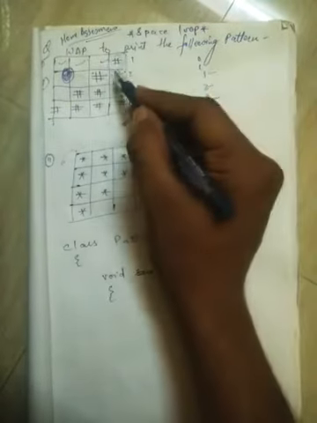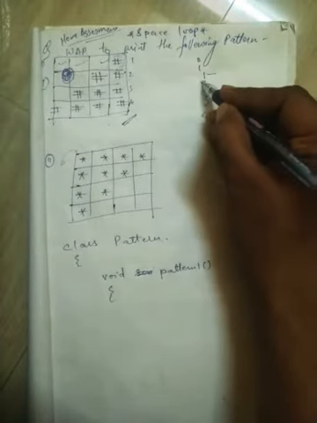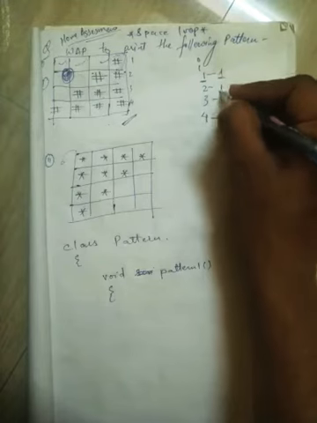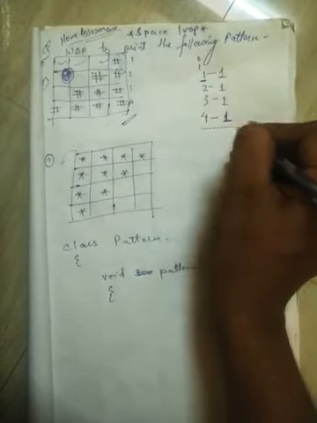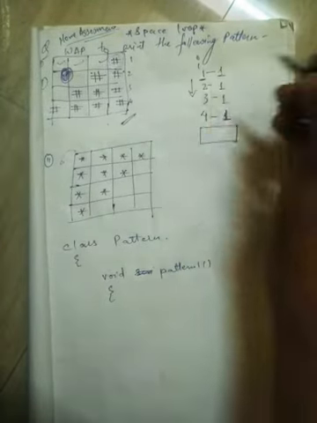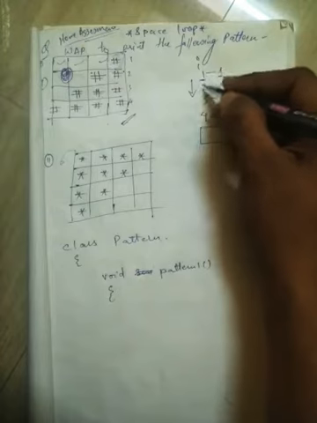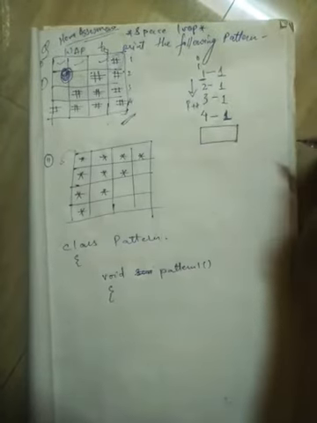So what is the first value in the I loop? Since one time I have to print in the first line, I have to check the first value in the I loop. Which is the first value in the I loop? 1. So I'll write 1 in all the places. Now based on this the I and j loops will be made. We know the I values are 1 2 3 4, the number of lines, so it will be I plus plus, in increasing order.